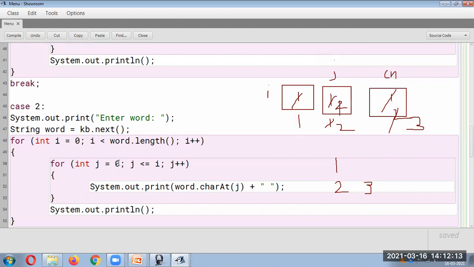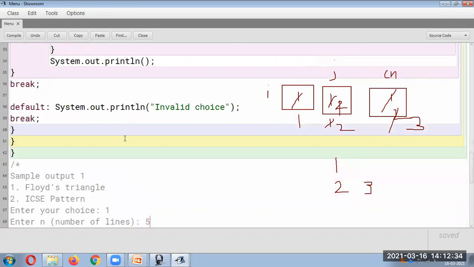So when I is 0, J is 0, and the first character is printed. When I is 1, J will be 0 and 1, so it will print 2 characters in the second iteration. In the third iteration, I is 2, so it will be for 0, 1 and 2. So it will print 3 characters like that. And the default case is, as you know, the invalid choice.